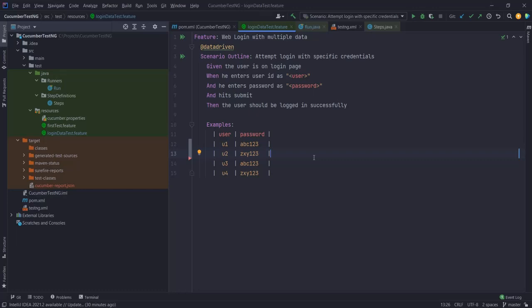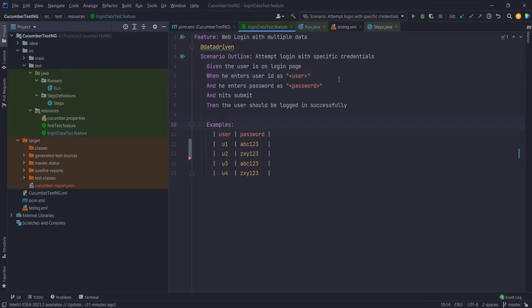So to implement this scenario, I'm using scenario outlines. So what exactly is scenario outline? To define it simply, scenario outline is like a template of a scenario. In other words, I want to communicate to Cucumber: these are the steps I want to run, but I want to run it multiple times using different data. And the syntax for that is, wherever you want your data to go, you would use these angle brackets and put it inside inverted commas.